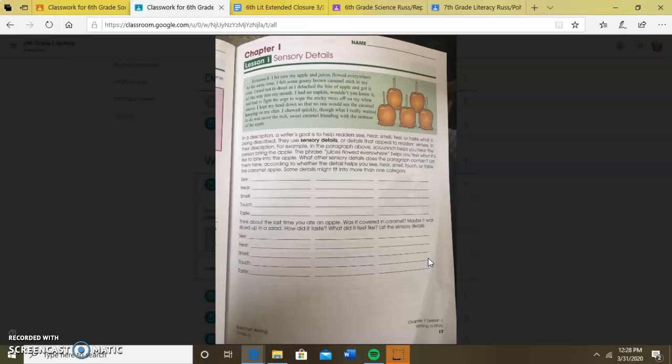Maybe it was sliced up in a salad. How did it taste? What did it feel like? List the sensory details. So I like to have peanut butter with my apples. So if I were to talk about my last time I ate an apple, I would say